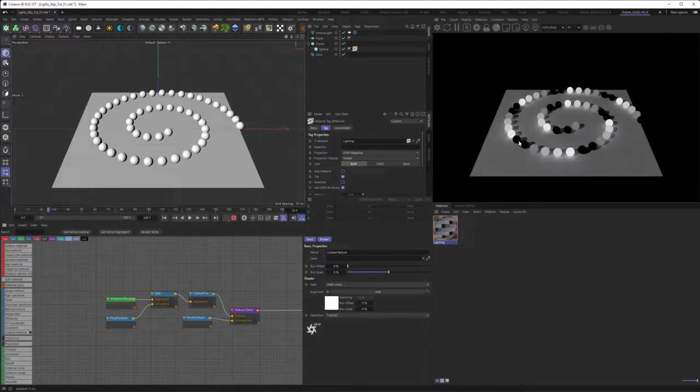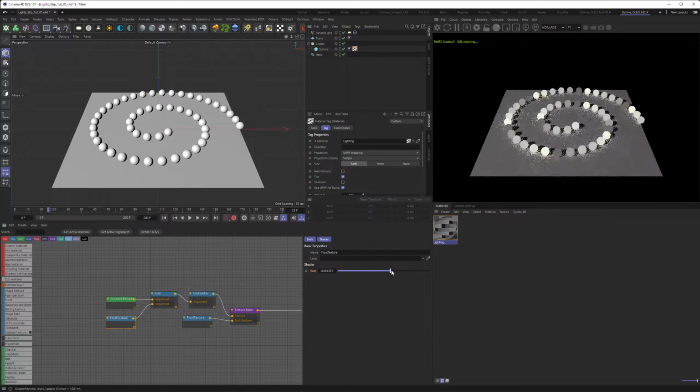We have now two black spheres next to each other. The reason why this is happening is that the white sphere that is next to the black sphere will then be pushed back to black. So we have a black and an actual white sphere next to each other, but the white sphere is then pushed down. And if I now move my float value, you can see we have something like a cycling animation here throughout our spheres.